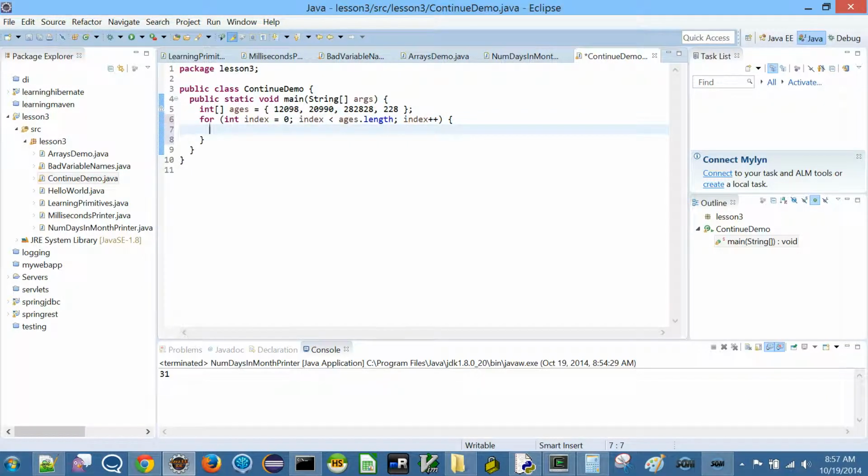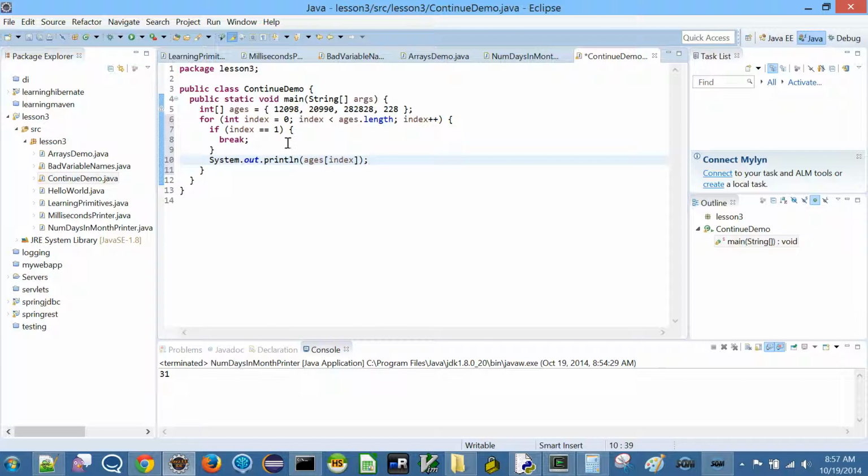Then what I'm going to say here is, let me illustrate break, and then I'll illustrate continue. If index equal to 1, just break, which means jump out of the loop. Otherwise you can print sys out ages of index.